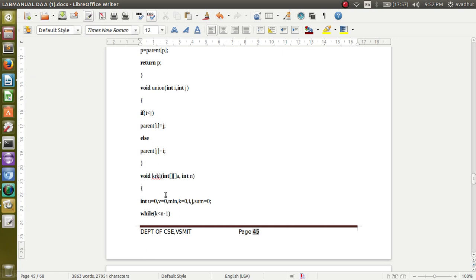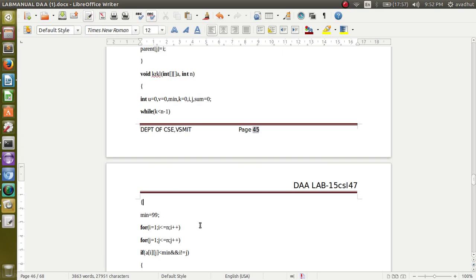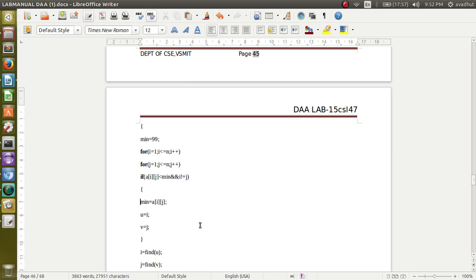Then let us see how the Kruskal algorithm works here. u, v, k, i, j, sum are the variables declared here. While k is less than or equal to n minus 1, where n indicates the total number of vertices, min is equal to 99. We are finding whether there is an edge. If there is an edge, its cost will be taken, otherwise its value will be taken as 99.